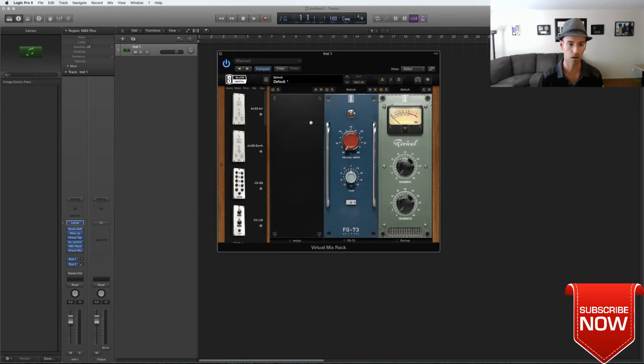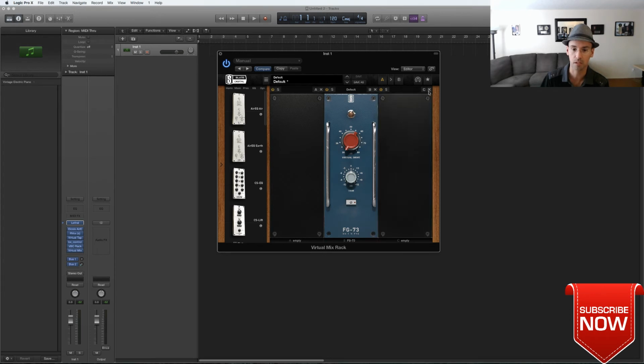So this is a mix track built by Slate Digital, and once again my friend Fabrice. I use this little guy. Actually, let's get rid of this guy right here for now. I use this little guy on single tracks, and actually even mix buses sometimes. What does it do? It brings some magic to it. What is magic? It's actually an emulation of analog stuff as well, and basically it gives some really nice distortion to your tracks.